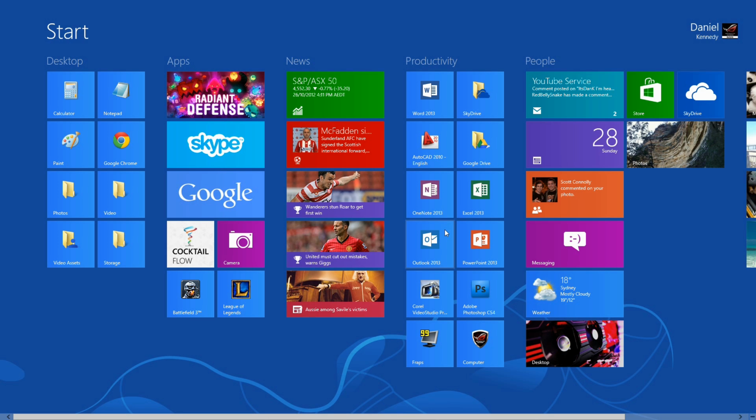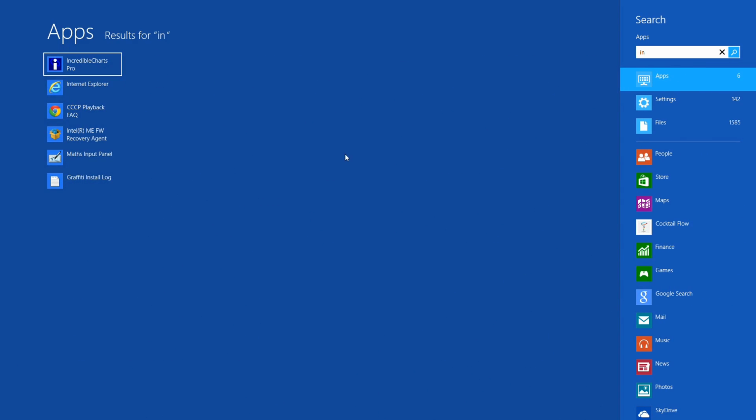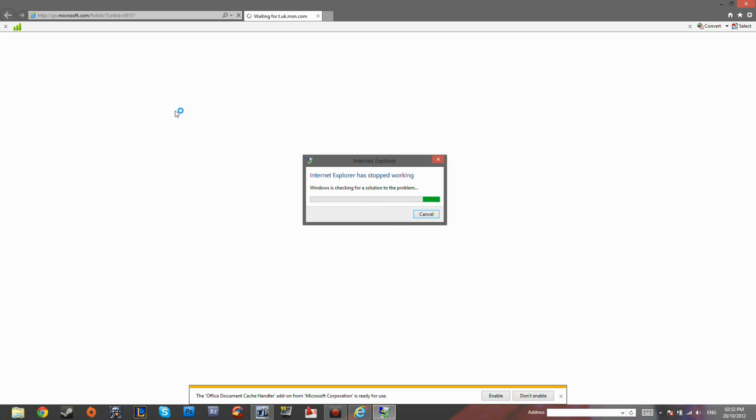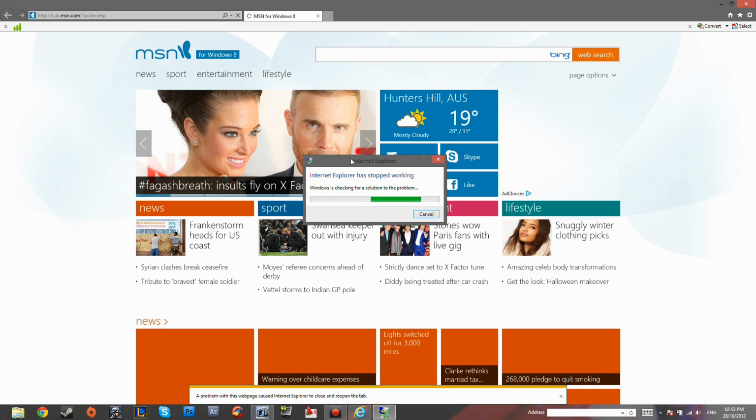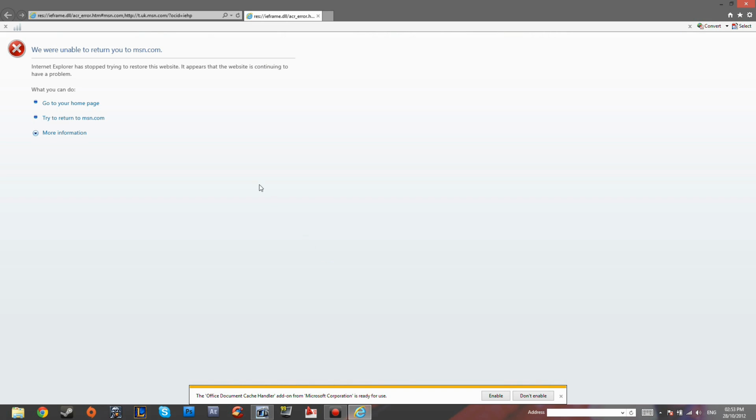There's some stuff that doesn't work. The one that first comes to mind is Internet Explorer. I don't know why it doesn't work for me, but it doesn't. I go onto it and it's like, I've stopped working, and it's like, okay, cool. In which case you go, please close yourself, and then it just keeps going. It's like, wait, no, I've stopped working, and then you're like, yes, I understand that you don't work, and then